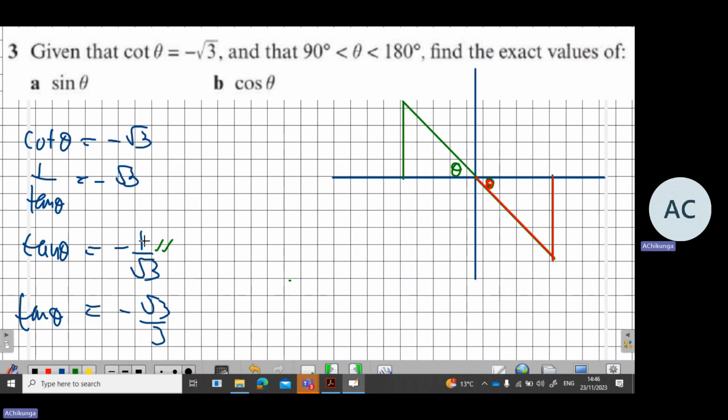It's opposite over adjacent, which means this is 1 and this is root of 3. But there's a minus here. So which one is minus? It's not this one. It's not this one. This one is positive. We know that's our CAST diagram. That's our XY plane. The Y values are positive here. So this is this one. And if you do your Pythagoras theorem correctly here, you are actually going to get x squared plus y squared